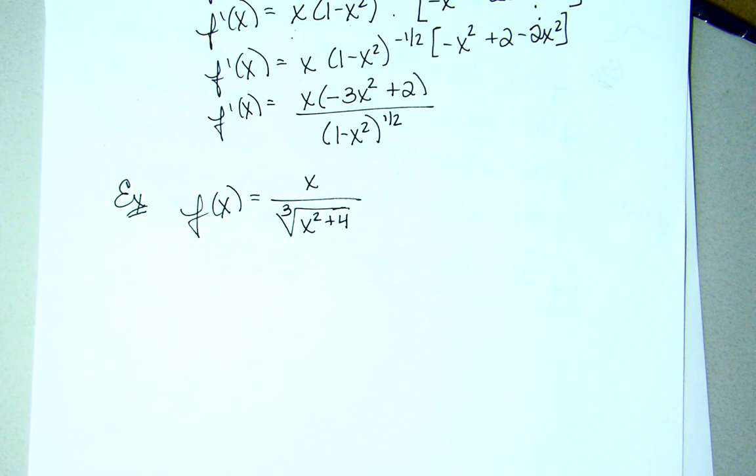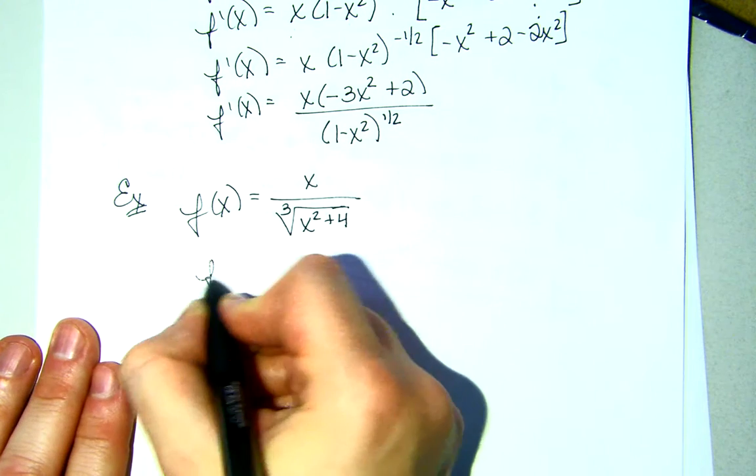This is why I said this is going to be harder. I really don't want to do quotient rule here. You could do product rule by making it to the negative 1/3. That's the first part of this. This is going to be ugly, doable, but ugly if we keep it as a quotient problem. Why don't I turn this into a product rule problem and make this thing